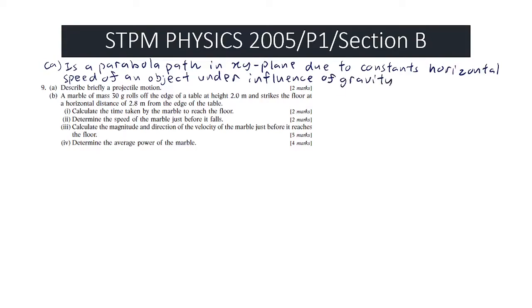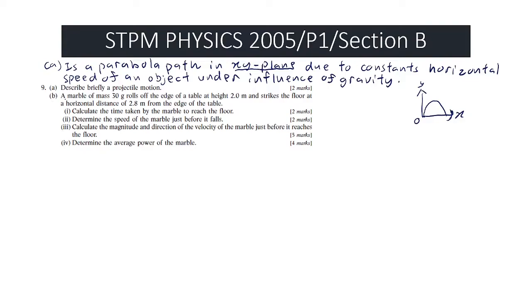gravity. So this is the answer for this A, and this xy plane is just a graph with y and x, and the parabola shape is just like so. This is what will form when the projectile motion is happening. So now we can proceed to the